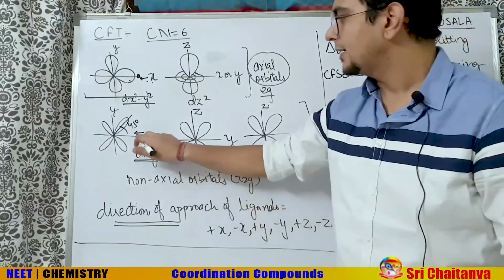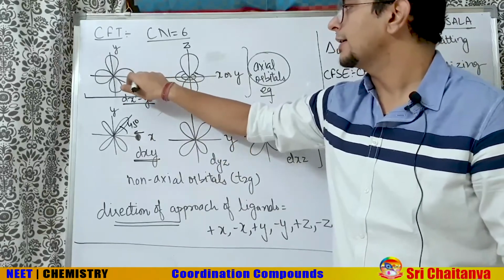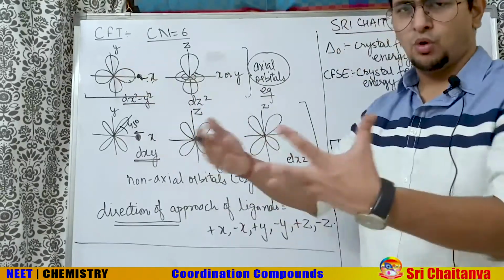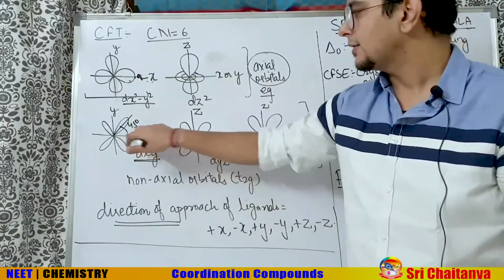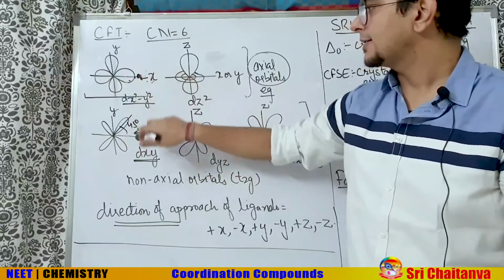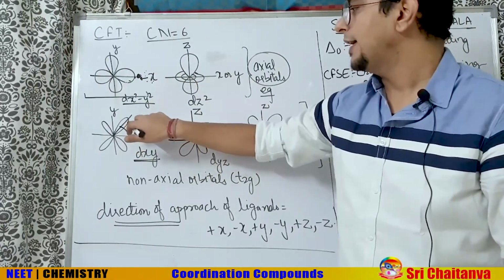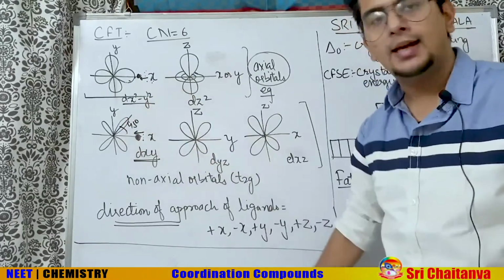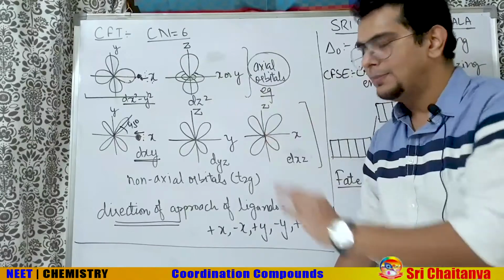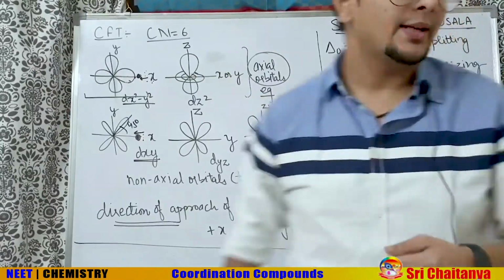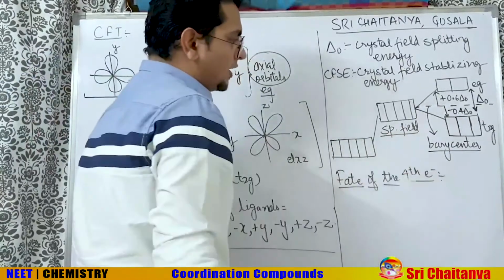Simple example, let's say the ligand is coming from here. So the ligand will go and kick exactly on the head of it. More repulsion this orbital will face. Whereas when the ligand comes here, same way, it's coming along the same x-axis, towards dxy, then the lobe of dxy is not coming in the way of the ligand. So the repulsion faced by dxy, dyz, dxz will be lesser. So what we understand? These are the d orbitals. They are degenerate, all having the same energy.